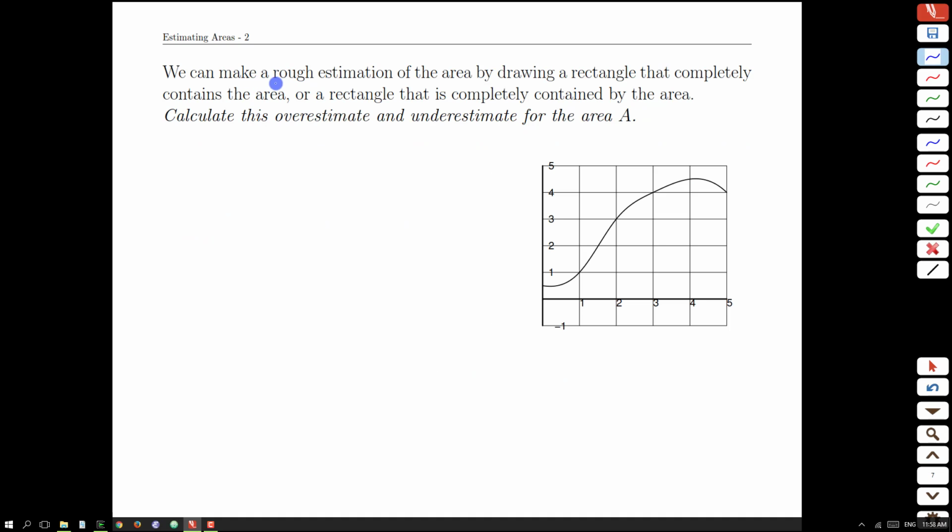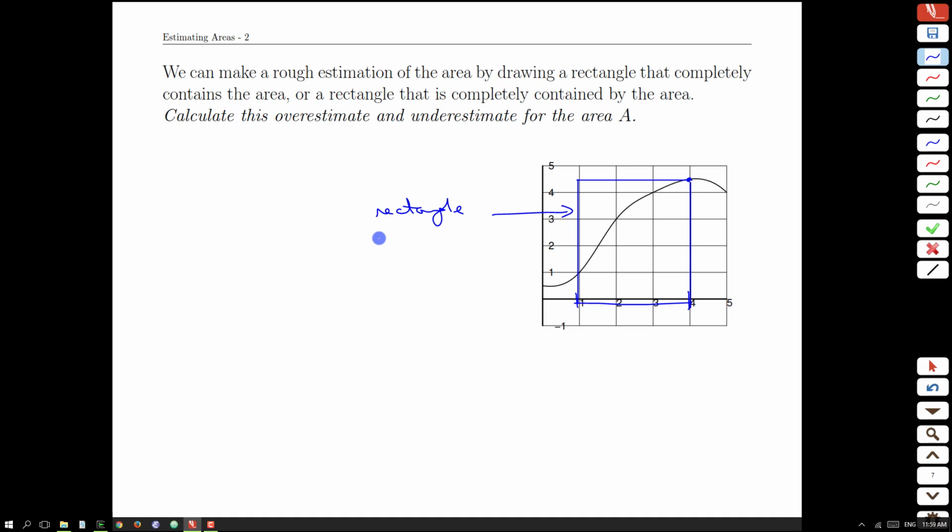Well, what we can do is start off by making rough estimates and then hopefully find a strategy for improving them. Let's draw a rectangle that completely contains the area. So imagine we're looking on this interval here. We want the area underneath this graph. Well, this graph gets bigger and bigger and bigger. So if I made a rectangle that was this tall and had that as its shape, let's round it off there, that rectangle